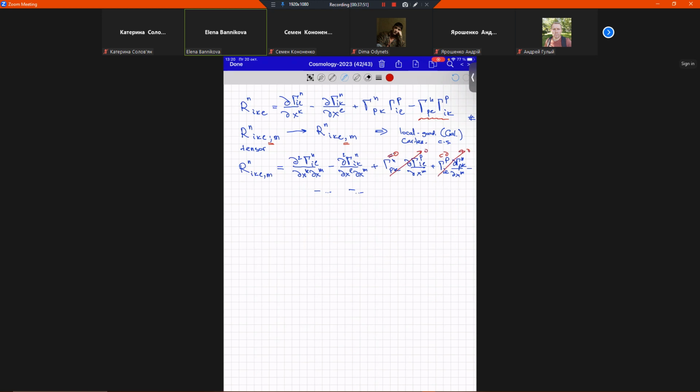By the way, this also will be 0 due to this fact. But it doesn't mean that if the Christoffel symbols are 0, the derivative of the Christoffel symbols will be 0. This is the point. So finally, we need to keep these two summands,